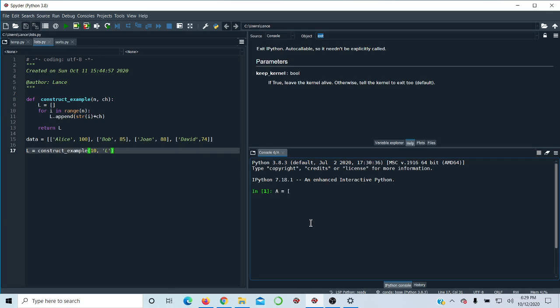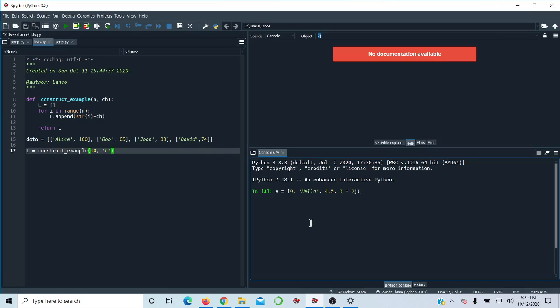So the first element is 0, that's an integer. The second element is a word, that's a string. And then I can do 4.5, that's a floating point number. 3 plus 2j, that's a complex number. Oops, I have to close it with a bracket. Brackets give you lists. So if you print that,